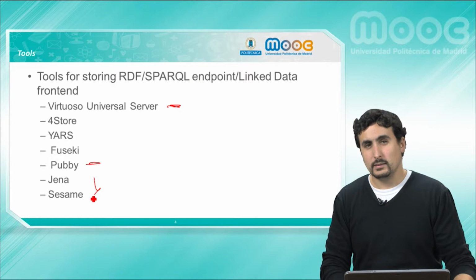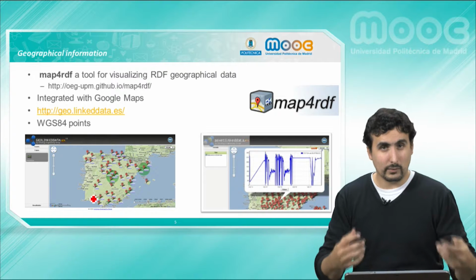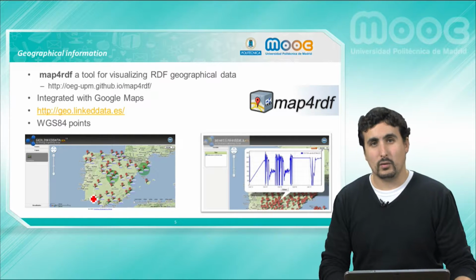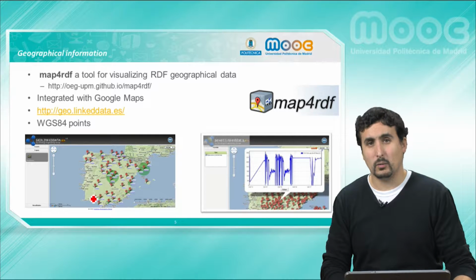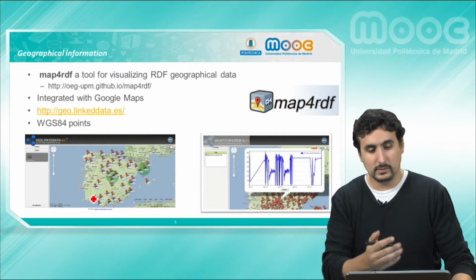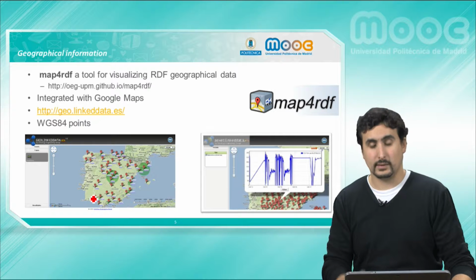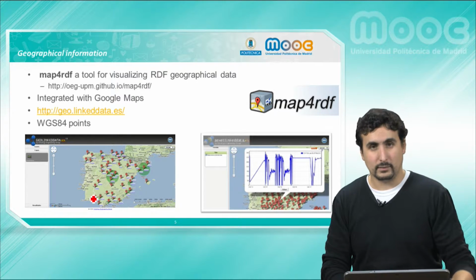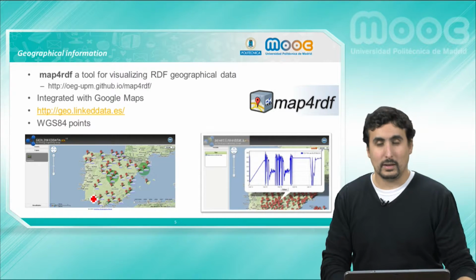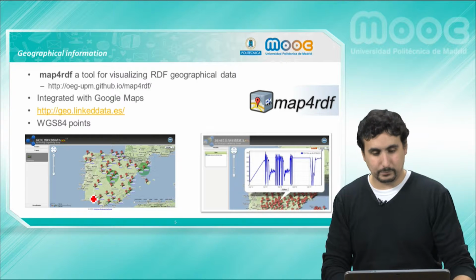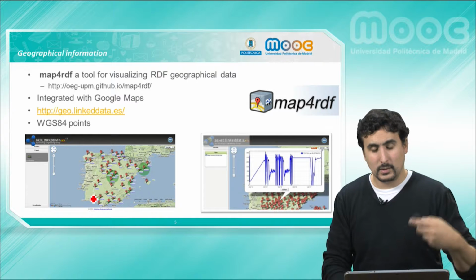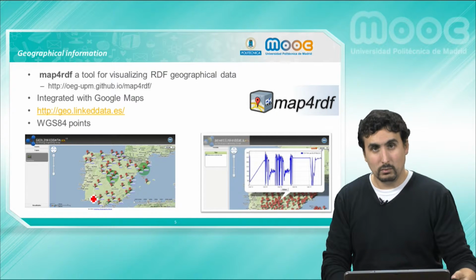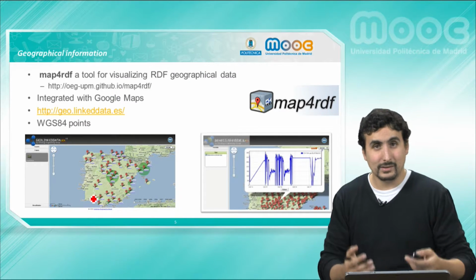Using these technologies, there are several tools available online that we can use for exploiting our data. Among the most popular ones, we have the ones that use geographical information, such as, for example, in this case, Map4RDF, which is a tool for visualizing RDF geographical data. So it integrates Google Maps and other maps, and it is able to draw points on those maps representing information